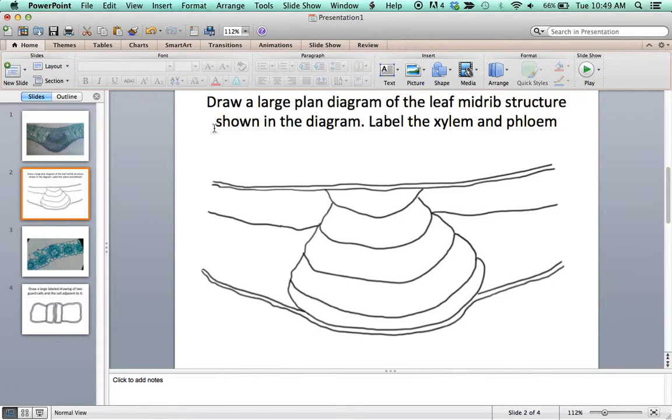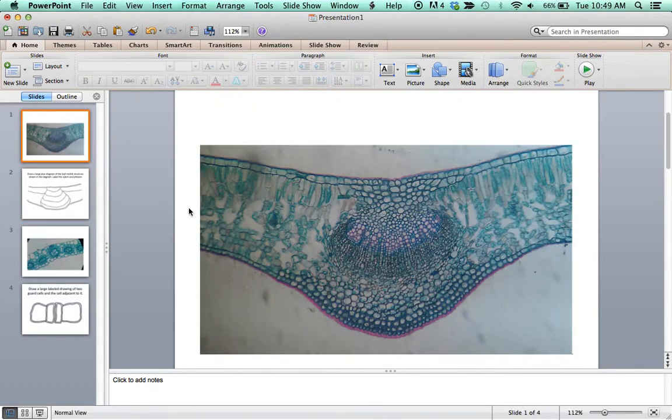Remember, a plant diagram always shows the tissues and the layers involved in the structure, as you can see in the structure. So based on this image, what are those layers? What are those tissues involved? First, you have to understand that we have a layer of the epidermis here. So this is the epidermis. That's number one.